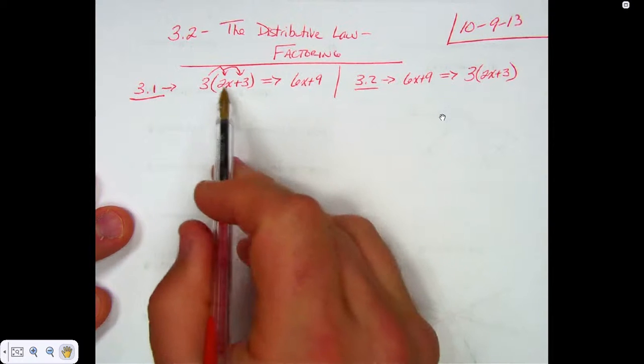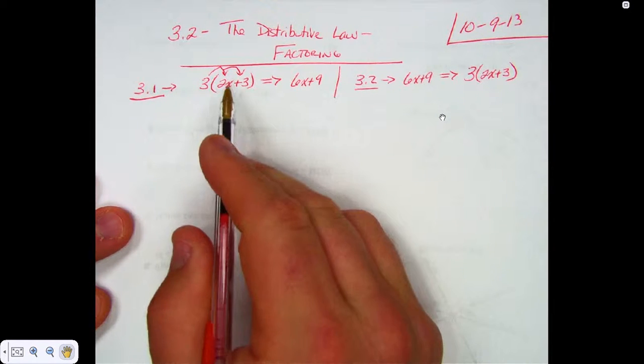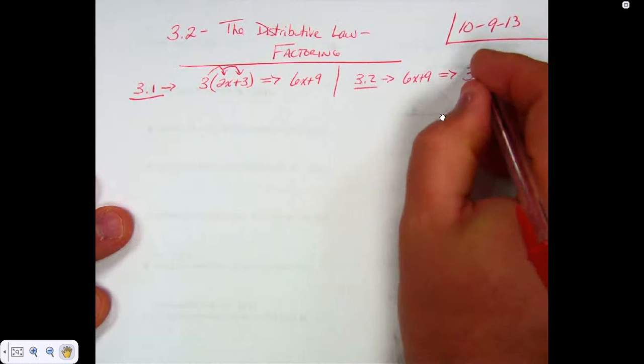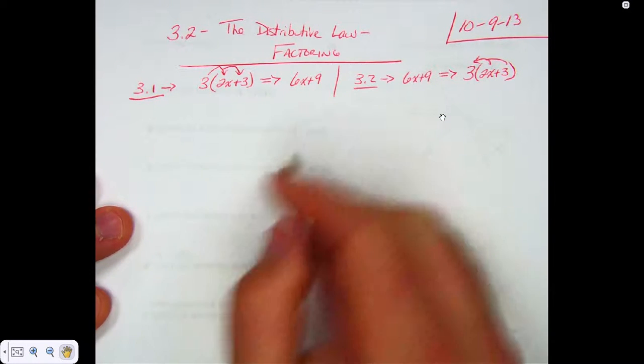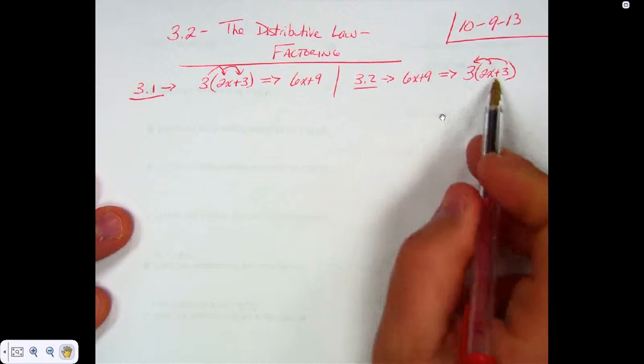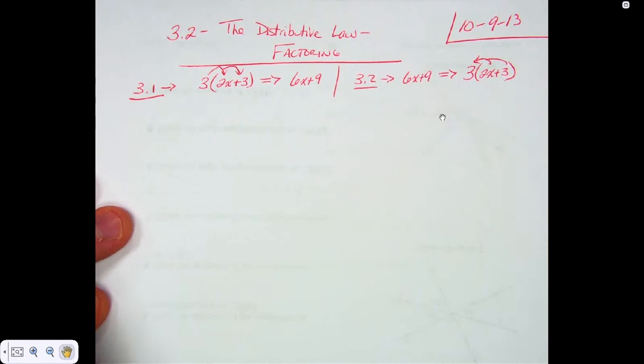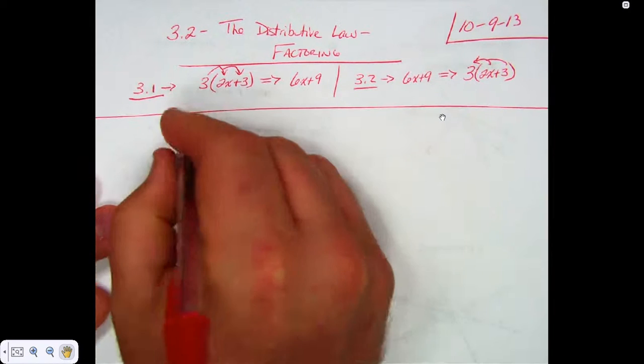So you see what we did yesterday? Yesterday we multiplied the 3 in. Today we're going to pull the 3 back out. That's what factoring is. Just as when you learned what 3 times 4 was, 12, later on you learned that 12 divided by 3 is 4, right? So the first thing in doing this is